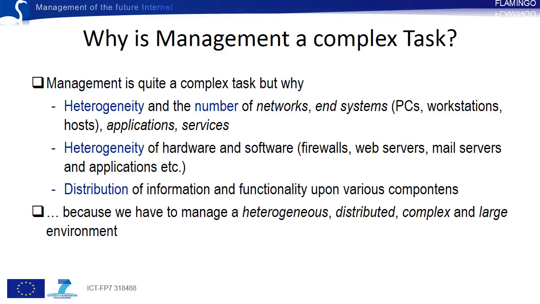Now we know what integrated management in general is. But every time you hear management, it seems to be a complex task. Let's think about the reasons for that. One reason is the heterogeneity. Heterogeneity in conjunction with an increasing number of devices will also increase the complexity of the system. As you can imagine, if you have only a small amount of devices, you can manage them in a straightforward way. But also in this case the complexity can increase if you use the diversity of different hardware platforms in your devices,